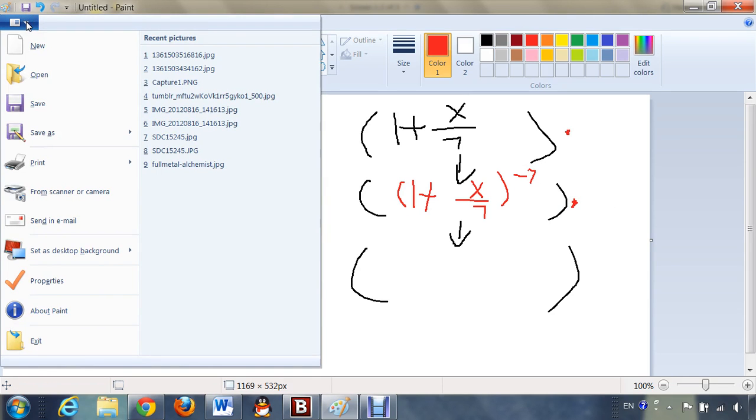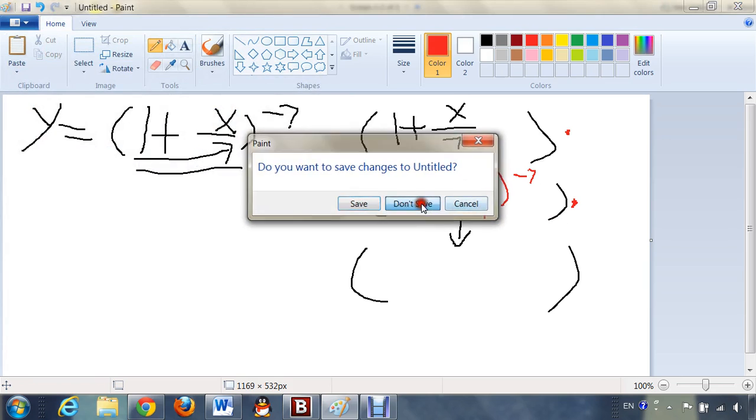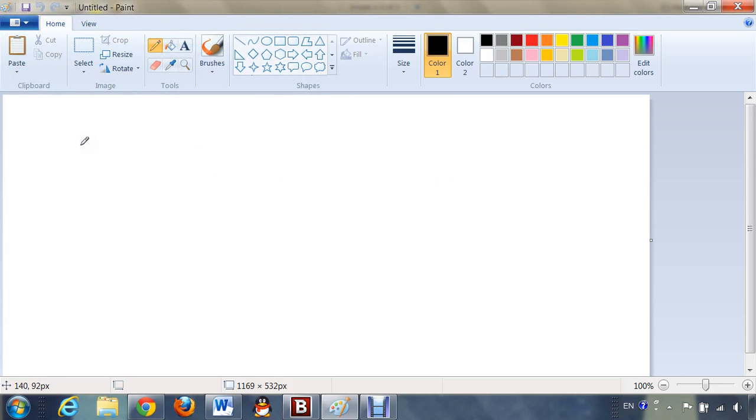So let's do a more complicated example right now. Now let's do a question that I picked from somewhere else, maybe from the book, I'm not sure. Okay, this question is this: y equals